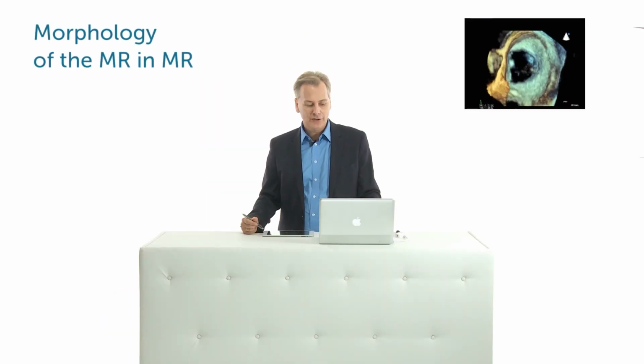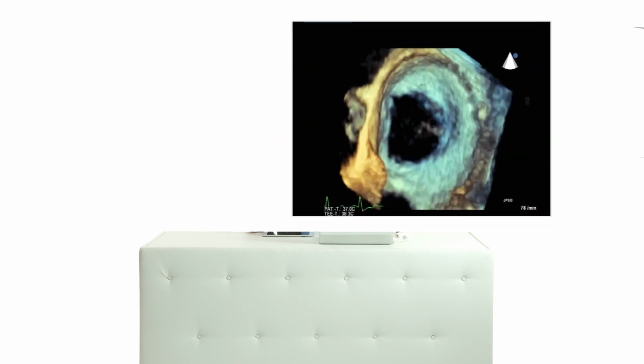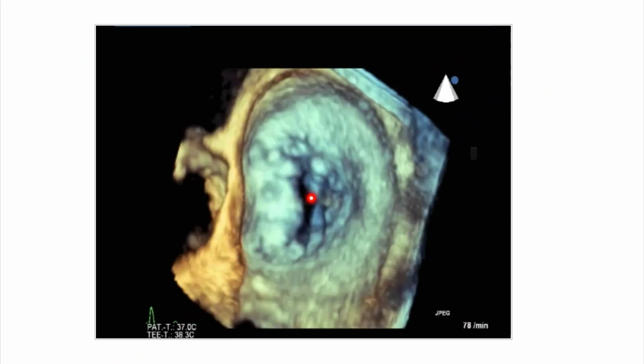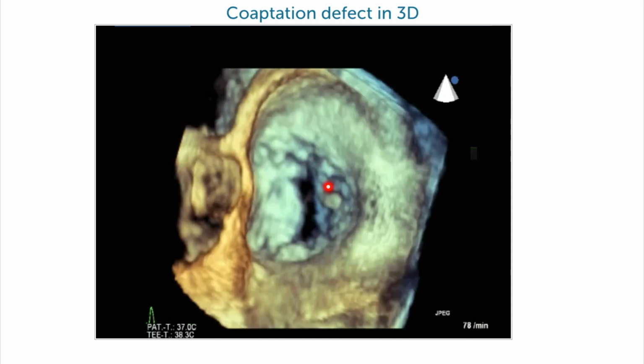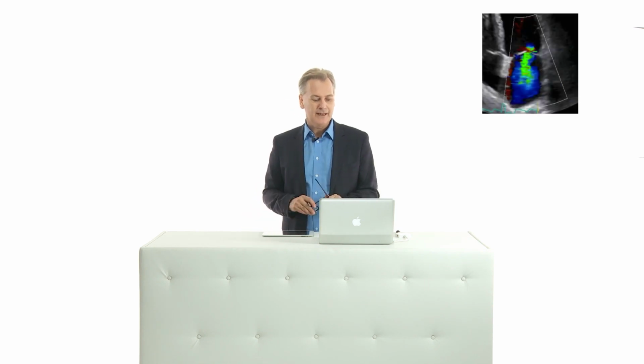This is a 3D echocardiogram which beautifully shows you that there is a large coaptation defect right here in the center of the valve between the anterior and the posterior leaflet. So sometimes, even with 2D imaging, you can see the defect in the mitral valve. But before we come to the morphology of the mitral valve, I want to first explain the components of the